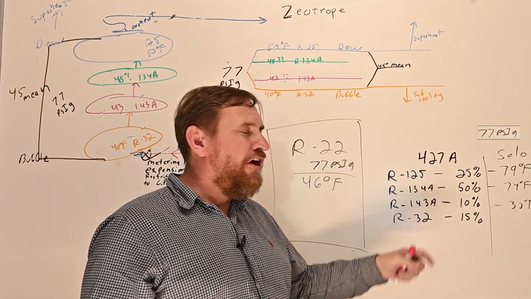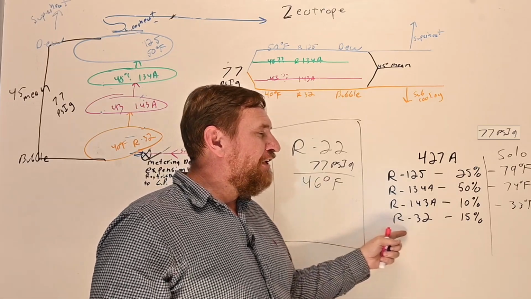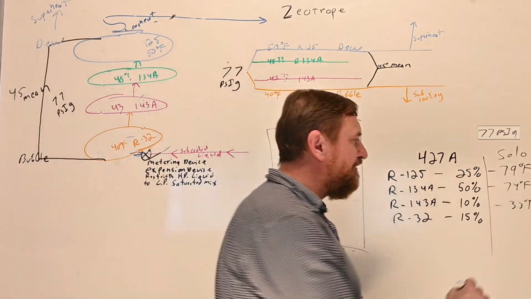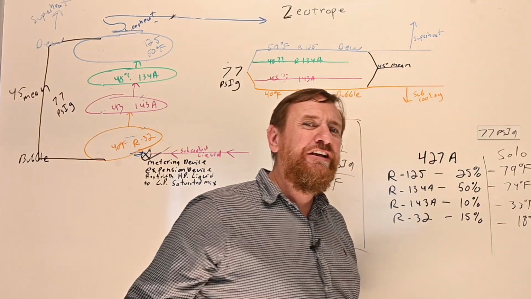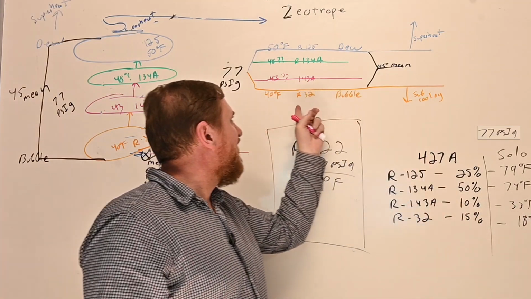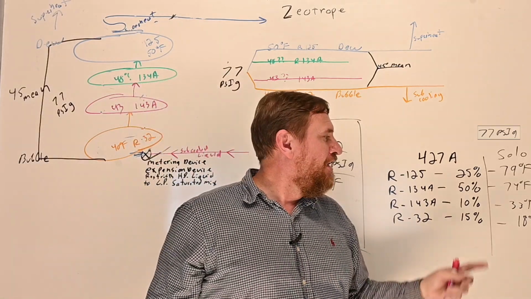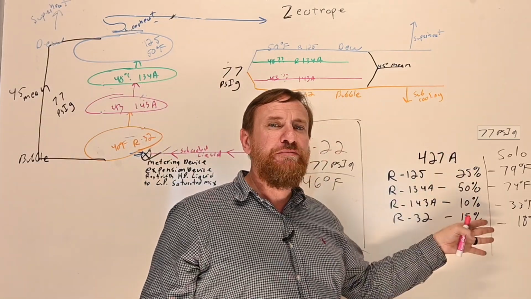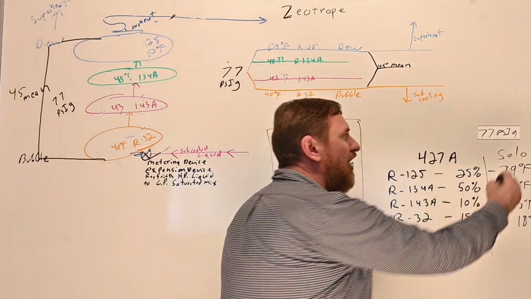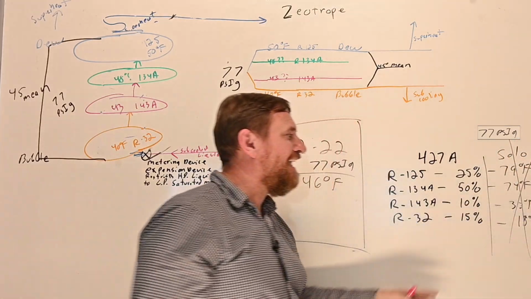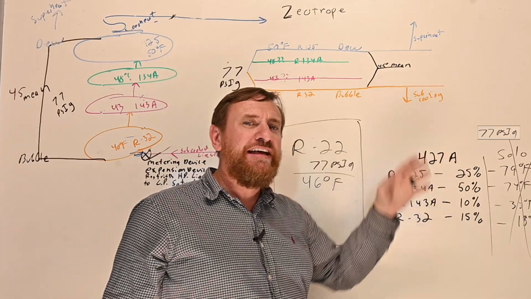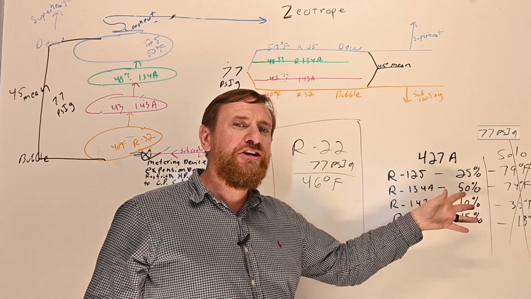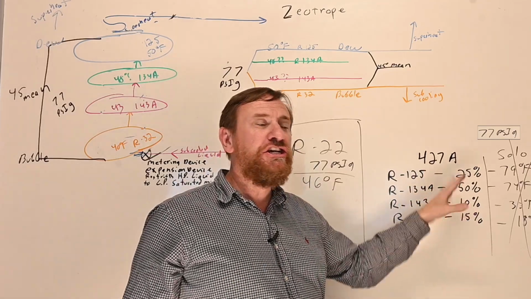And on top of that, we have R32. R32 by itself, if I only had R32, it would have its saturated temperature so low of 18 degrees Fahrenheit. If we put it in this mixture, it's higher, like 40 degrees Fahrenheit. So because we have these percentage mixtures in here, it changes. All of these numbers are now gone, and we have a new set of numbers. And if we keep the mixture the same, we know what's happening. But if I was to change these mixtures, in other words, even have fractionation, all of this would be out